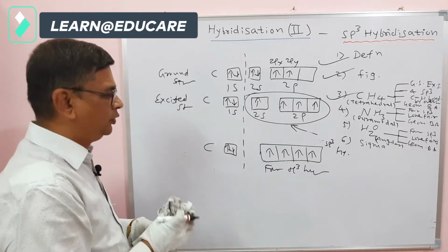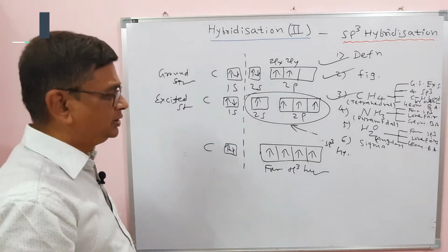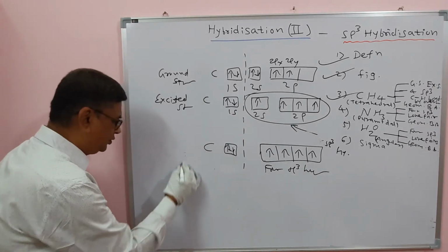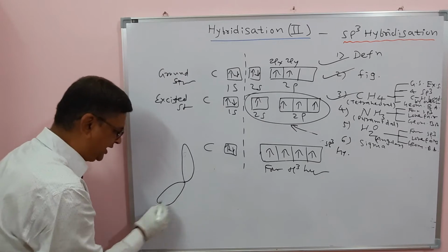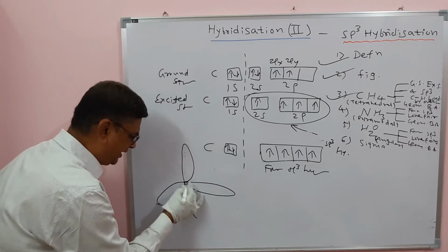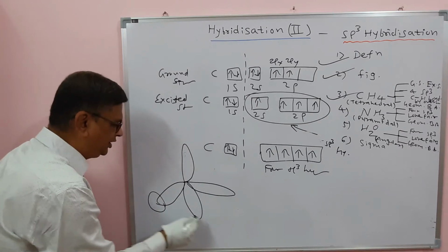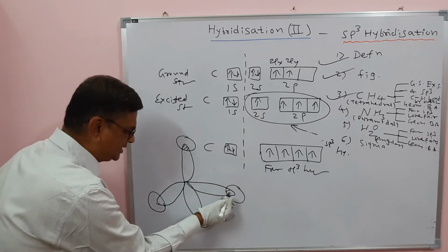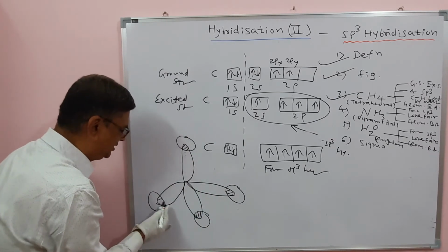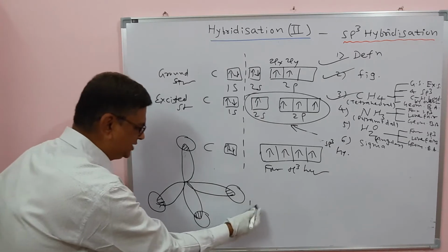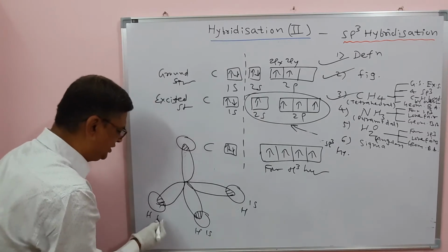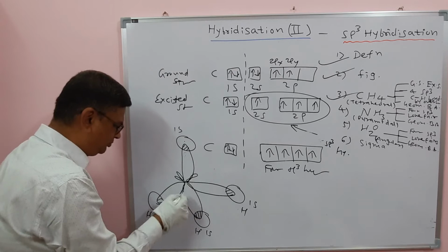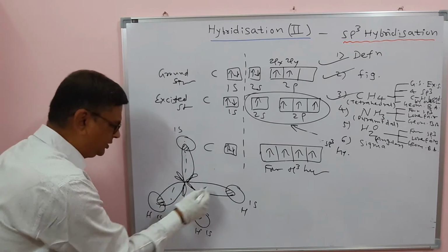Now it is necessary to know how each covalent bond, I mean each CH bond, forms in methane. We know that the 4 sp3 hybrid orbitals in space are tetrahedrally arranged at an angle of 109 degree 28 minutes. Each hydrogen has a 1s orbital containing an unpaired electron, and that is why such 4 CH bonds are formed by this overlapping. It is shown here: the 1s of each hydrogen, half filled, overlaps with the sp3 hybrid orbitals of the carbon, and that is the structure of methane, something like this.